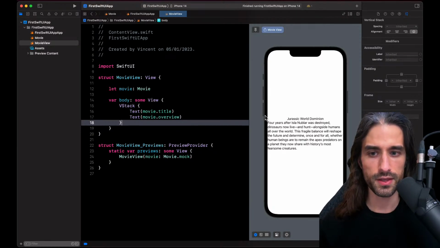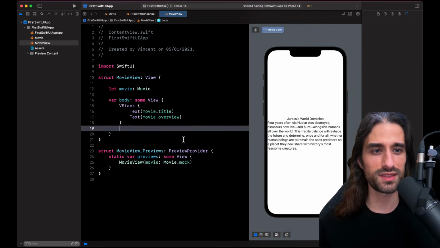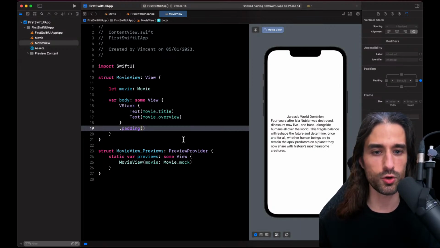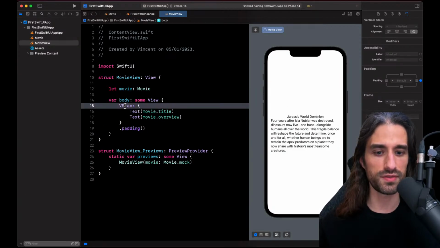For instance, you can see that this VStack touches the edges of the screen, and that doesn't look good. You want to have a margin with the border of the screen. And to implement this, there is a modifier called padding. So you saw it a little bit earlier in the default code. And if I call this padding, give it no argument, it will put the default margins around the VStack.